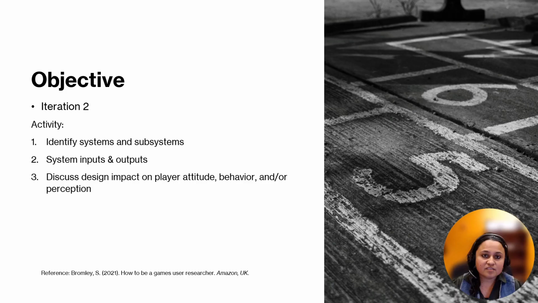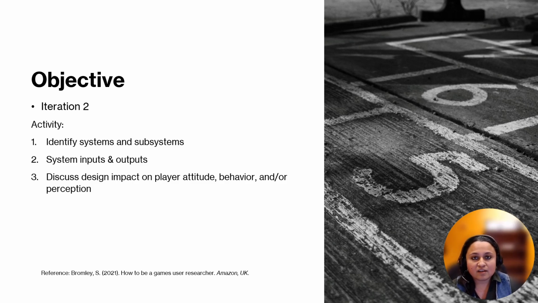So after the first report was submitted, so this was the first iteration, students were given the second iteration of the same project, where it was the same prompt of selecting a game, choosing a player type, target player group, and then framing the 3 questions and designing a study. But before they go ahead in the main steps of the project, they first had to do a classroom